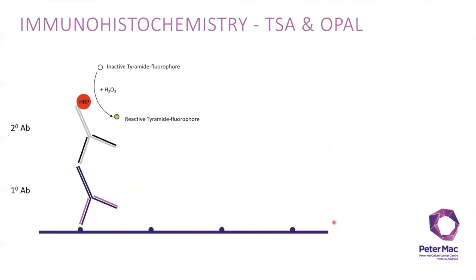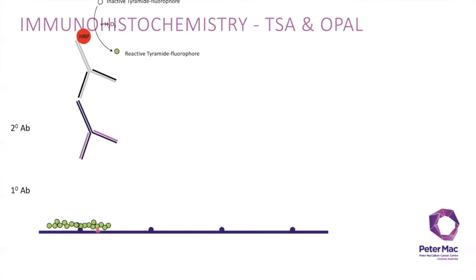Okay, so how can we use this to do multiplex staining using OPAL? As I mentioned, this is the same reaction step that we covered in the last slide: creating the reactive tyramide fluorophores. Because this is an enzyme, it can be done multiple times, which gives you signal amplification. This is an oversimplification, but essentially you'll end up with covalently attached fluorophores to your tissue. We can then do a heat treatment, which removes the antibodies from the tissue, but the fluorophore